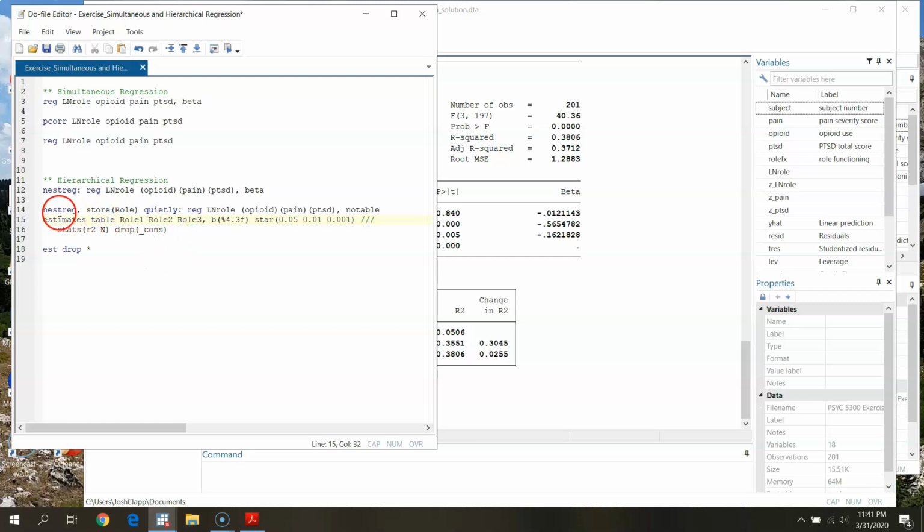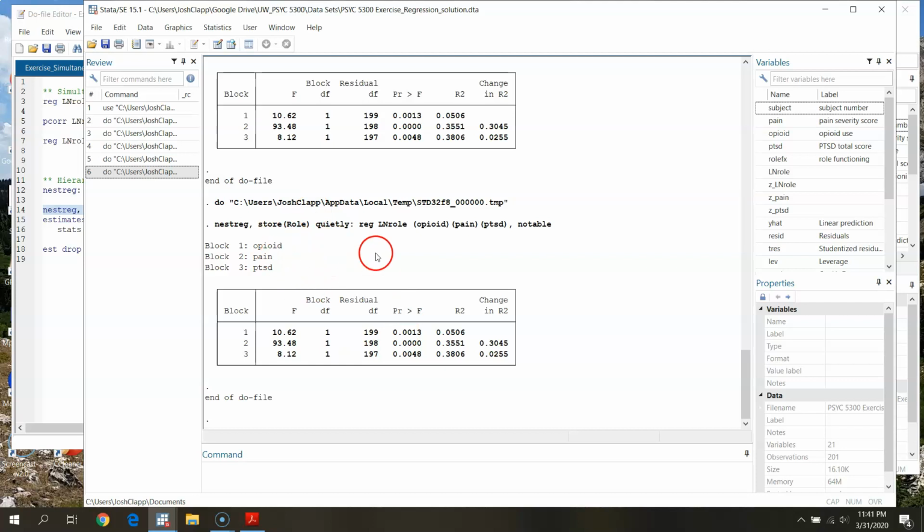So we run nestreg, but store each one of these models, and quietly is just telling Stata to suppress output. Then we have our regression statement, just like we had up here, and then the no table is just telling Stata to suppress tables. So if we run this,